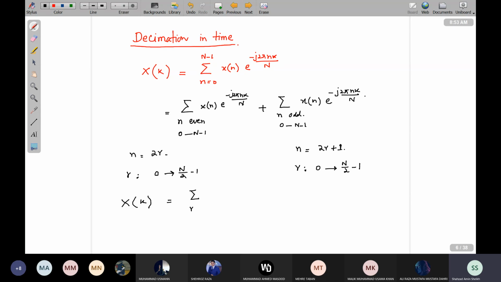Now we are changing the variables. r is between 0 to n over 2 minus 1. That would be x of 2r. Now this n is replaced with 2r. Exponential minus j 2 pi, n is replaced with 2r, k divided by n, plus